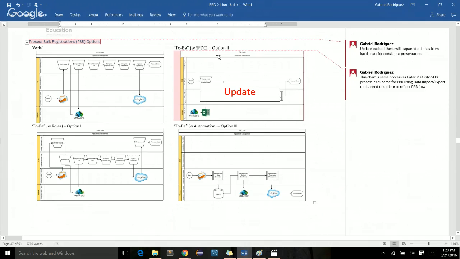There's another option, which is you can leverage the capability in SFDC, right? And that's here. Or you can go to an automation option. I can write some code, and that might be something entirely different than this or this, and it's another option. So for each process, I'm illustrating these options. And when I come back to this,